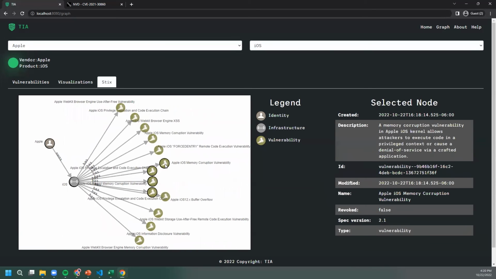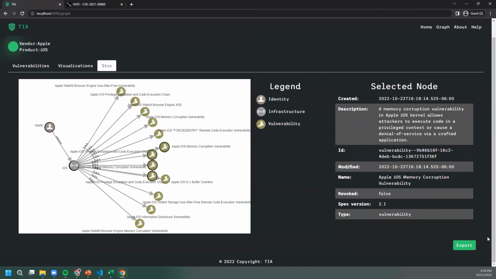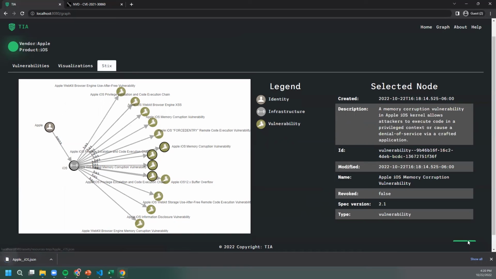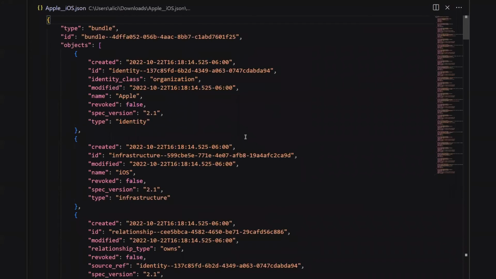So again, as you click on these nodes, you'll get to see their description, their name, and a little bit more information about them. The other neat part about this page, if you scroll down just a little bit, you'll see an export button. So as previously mentioned, STIX is machine readable in the form of JSON. And so when you export this graph and then open it, you're seeing the JSON that a machine can now ingest and understand and interpret. So if we head back to the slideshow,